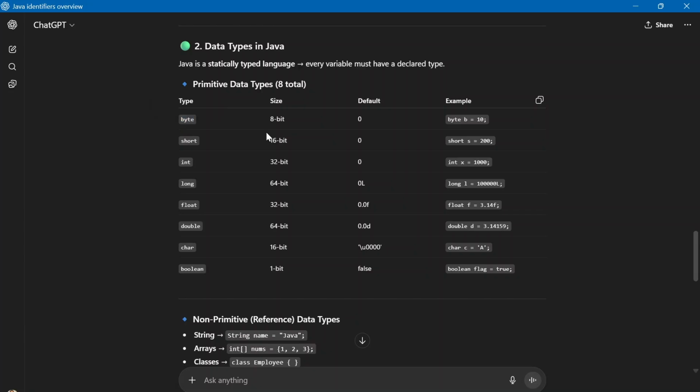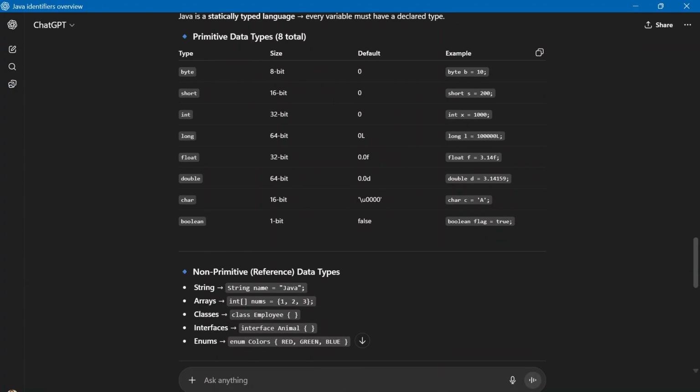You probably already know, if you are from a computer science background, maybe doing BCA or BTech or BSc IT, any such bachelor's degree, or if you have gone through some internet content about how a computer works internally, that a computer always operates on bits, like 1001. These are the bits. The computer does not understand our English language. It understands the language of machines, the language of bits, 0 and 1. So when you use byte,